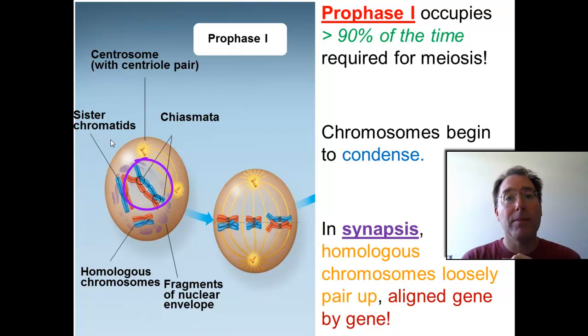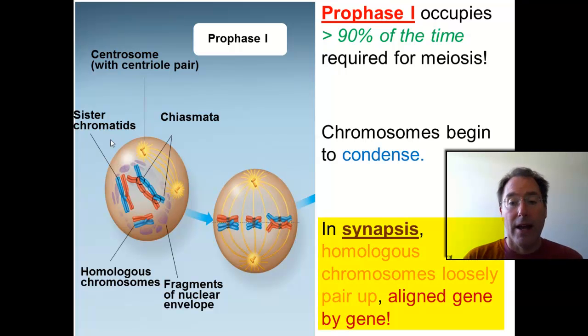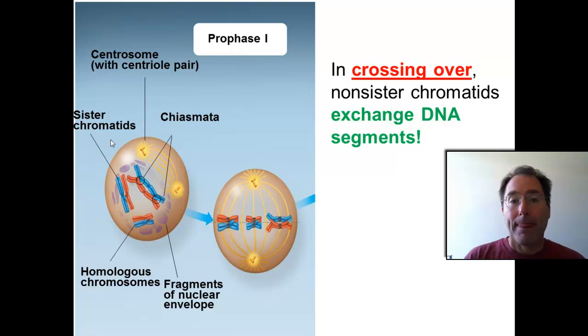They're mostly the same. They have the same genes which code for the same characteristics, but those characteristics may be a little different, like brown eyes versus blue eyes. And this is called synapsis when they come together. At the chiasmata,